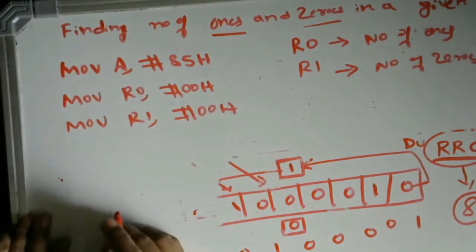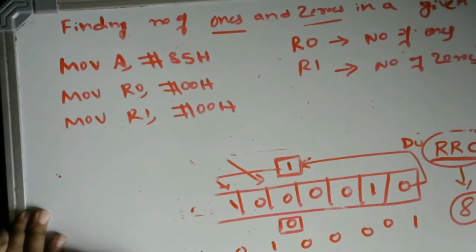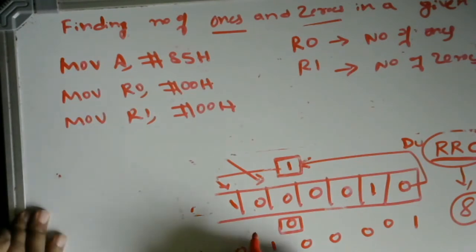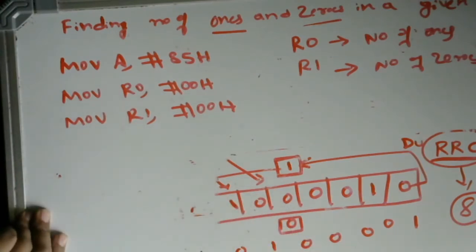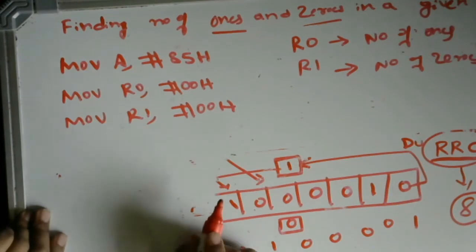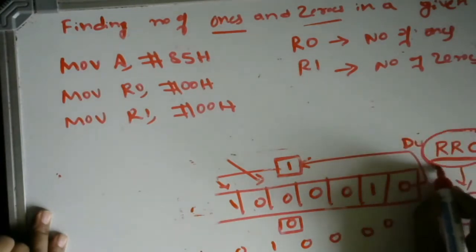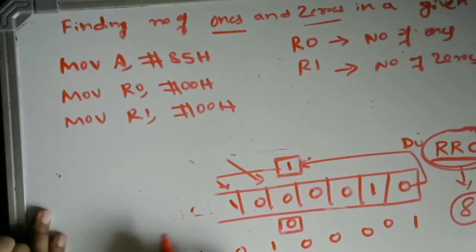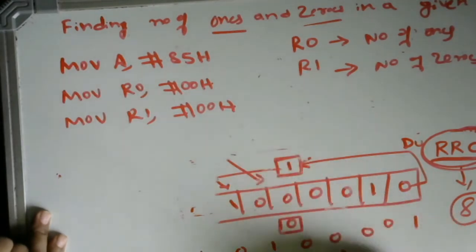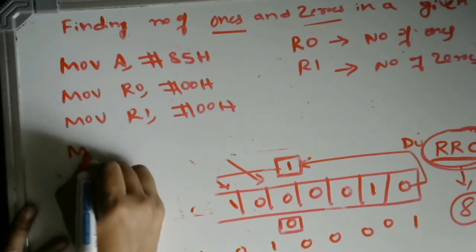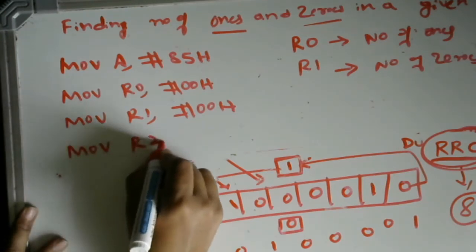Next, we are going to write the program in an efficient way by using the loop instruction, right? So now we need to know how many times we have executed or when we need to come out of the loop. For that we need to initialize the counter. The counter should be loaded with the number of times we need to rotate our accumulator. As we have seen earlier, we need to rotate our accumulator 8 times, right? So that's why the counter should be initialized with 08H.